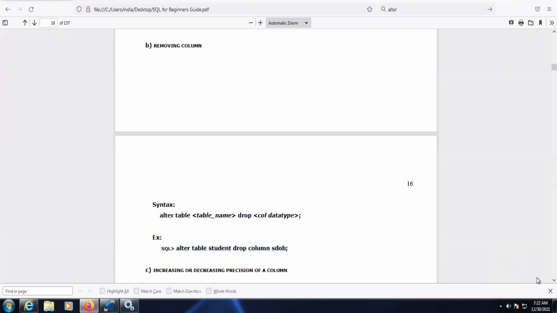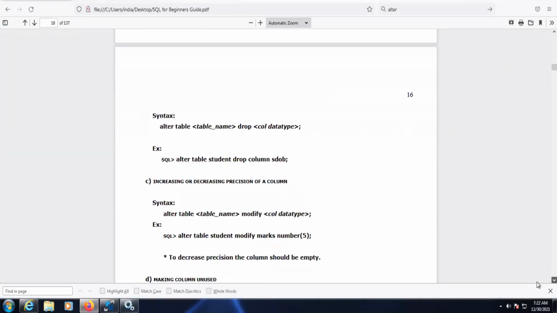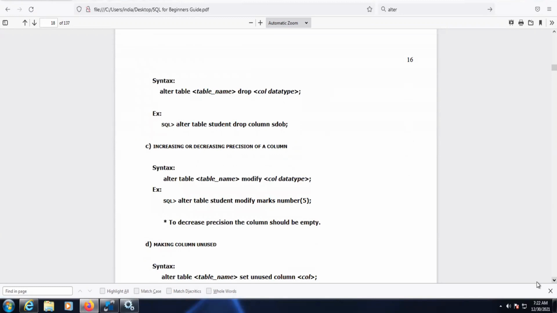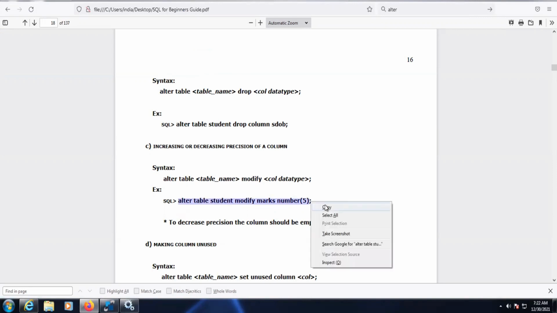Okay. So the next thing is modify. Here the length of the student column is 3. So how to modify? Modify means you can change the length. You can increase the precision length, or you can decrease this length. Okay, so the syntax for modifying any data type is alter table, table name.